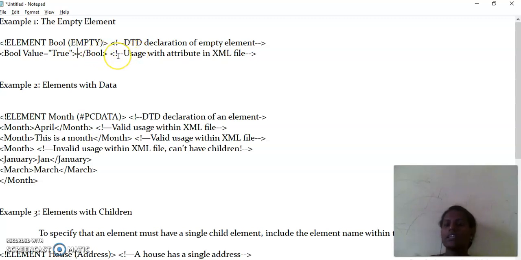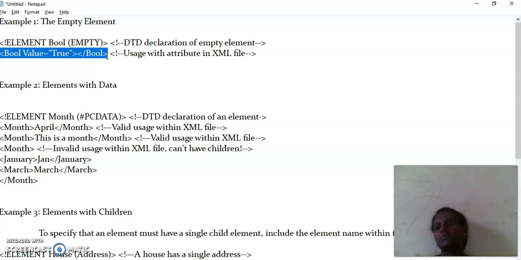So this will be telling you the example for usage of attributes in the XML file. So for the same element in an XML file, if you would like to specify an attribute, you would be specifying like this. And coming to the next example, if an element is having data for it, say, if you're writing a DTD for it, so according to this example,